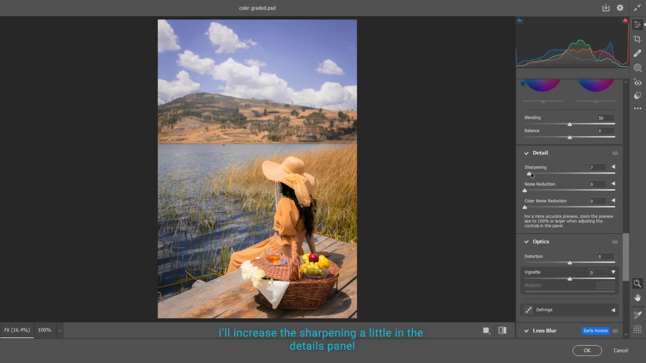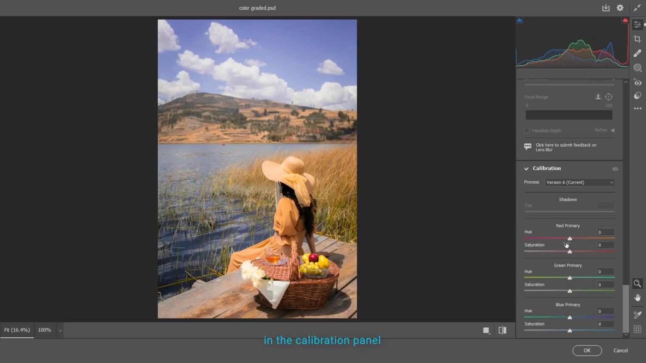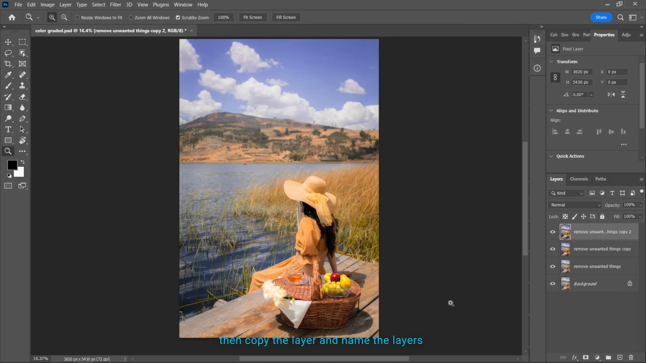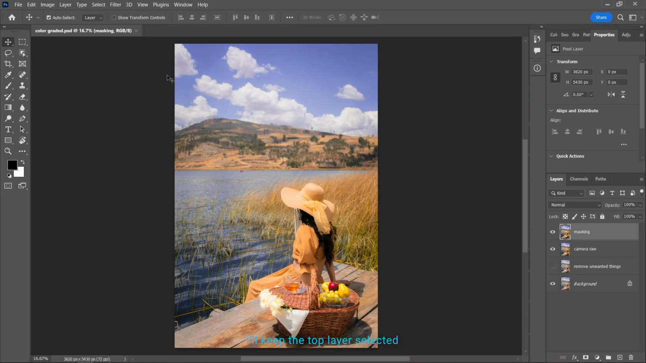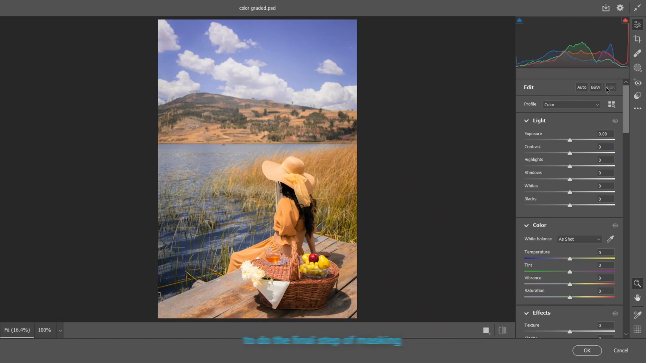I will increase the sharpening a little in the detail panel. Finally, in the calibration panel, I will increase the saturation of the blue primary to about 22. Then hit OK. I will copy the layer and name the layers. I will keep the top layer selected and go back to the camera raw filter to do the final step